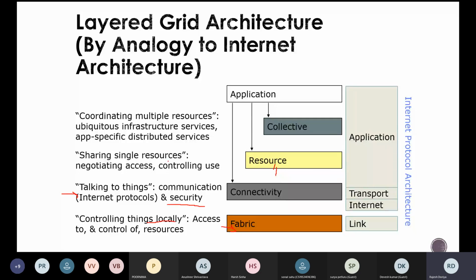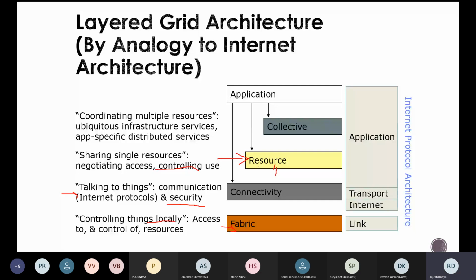If we have a resource and multiple parties are trying to access that single resource, how is that resource going to be extended to multiple parties? All those sorts of negotiations and controlling of use are defined by this particular layer called the resource layer.